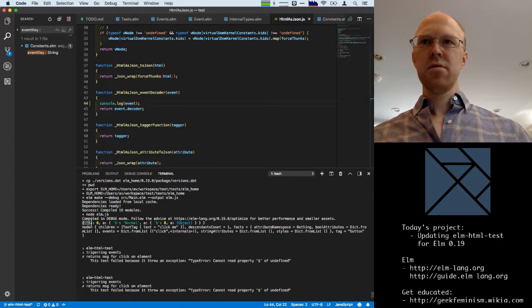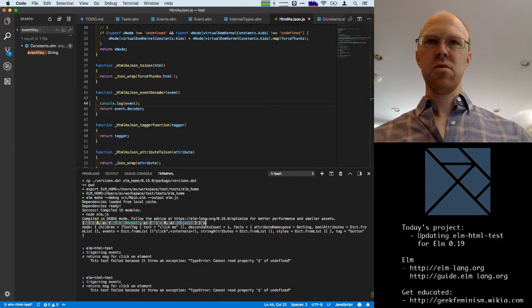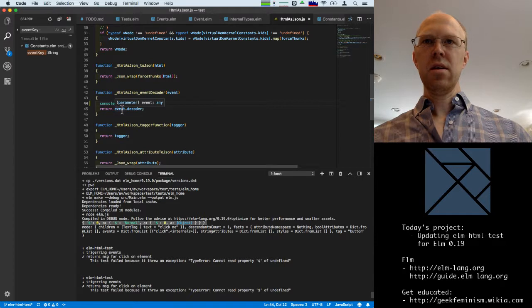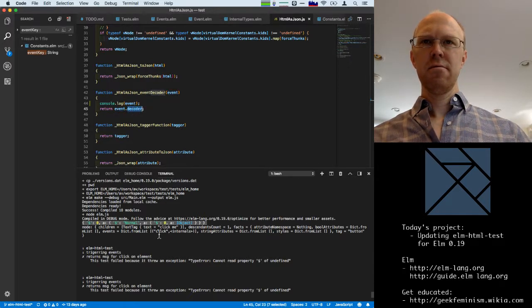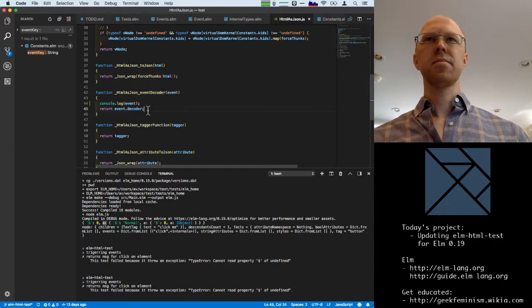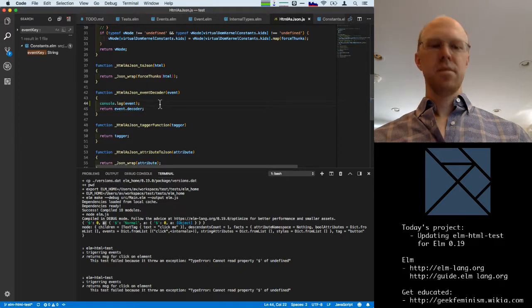Okay. So event is this whole thing, and decoder I don't see in here unless decoder is just the A field. Let's see.